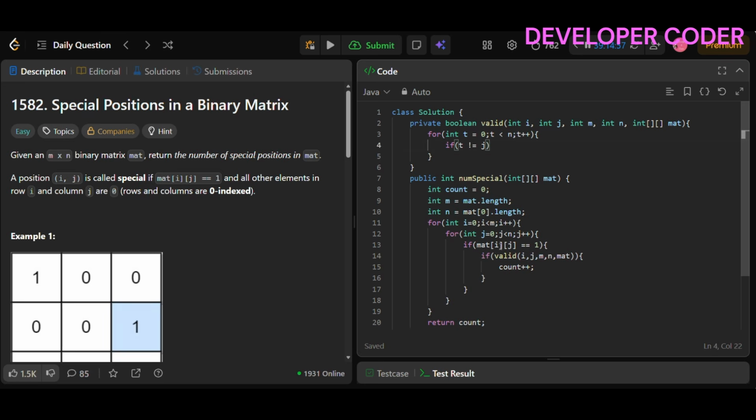So other than this cell, I have to check all the other cells in that row or in that column and make sure that they are not equal to 1. So here that's why I'm writing t is not equal to j, and now here matrix, so row is fixed. So this row I will pick,